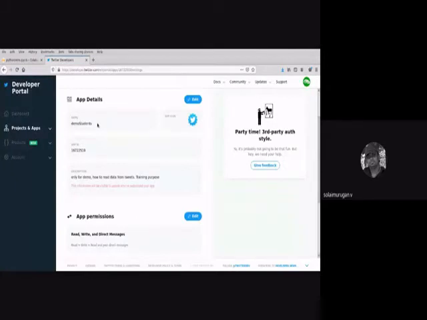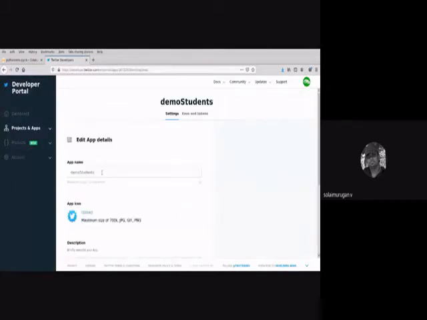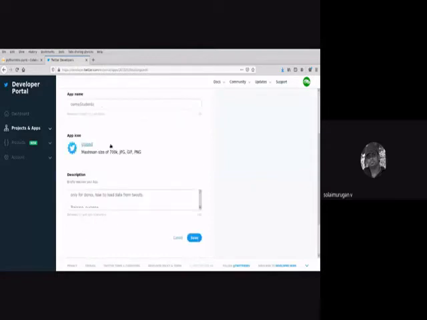The first step is to enter the app name, which can be any name. Then give some description about why you are creating this application. Here I just mentioned that I'm going to give a demo to the participants. That's it.